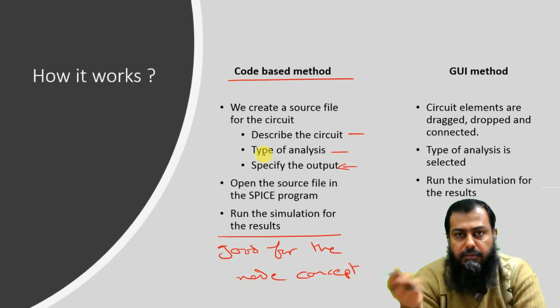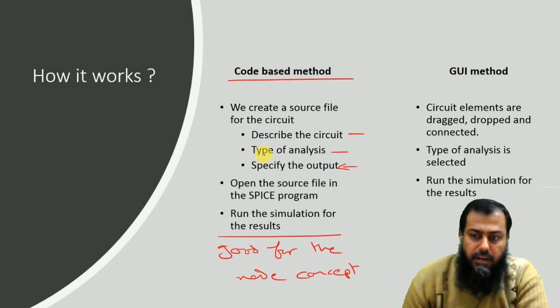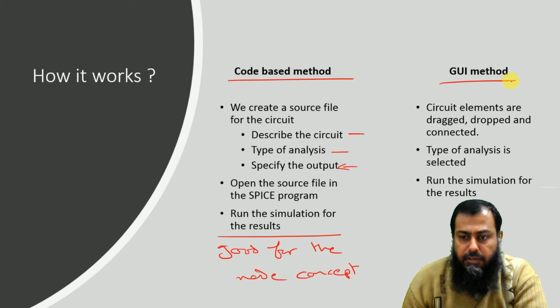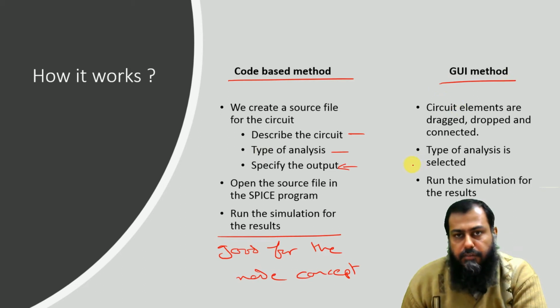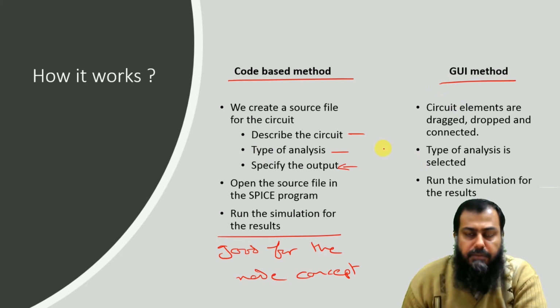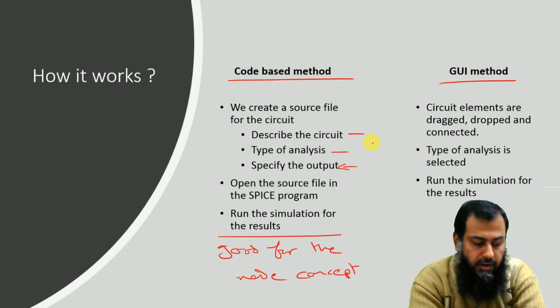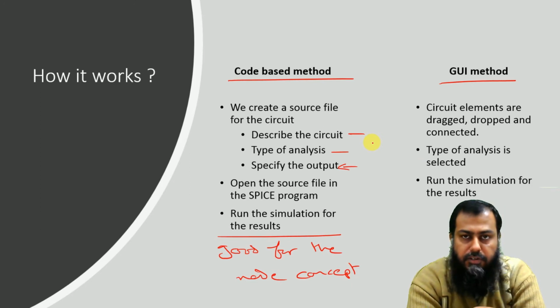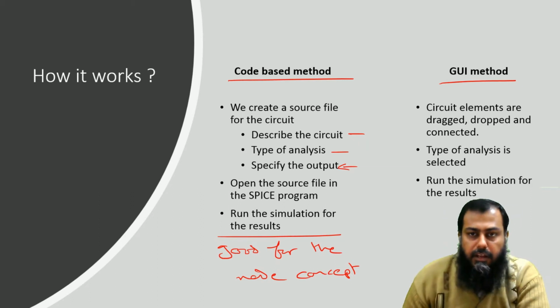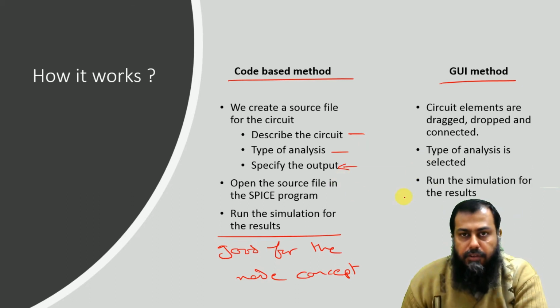There are some circuits, once we move on to the first order circuits and the second order circuits, where we will move on to the GUI method, or graphical user interface method. In this GUI method, we shall place the switches and alongside we will place the inductor and the capacitor, and thereafter we will see the graphical post processing of the results.